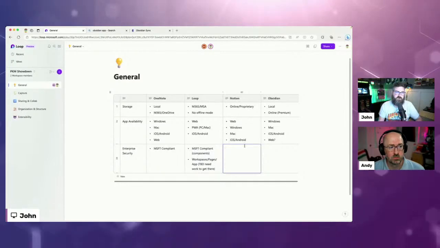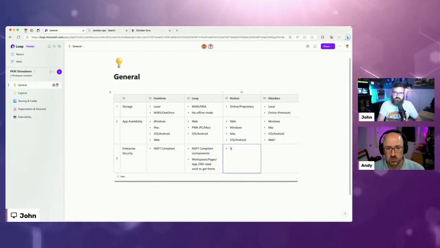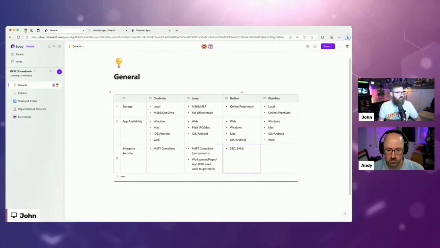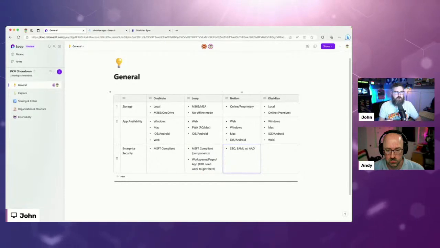Now Notion, as far as its security, I did a little bit of searching around before this and found that while it's not Microsoft specific, like within e-discovery, there are some enterprise type features. There is single sign-on, and it uses SAML. So if you've got an authentication service and you want to do enterprise Notion, there is SAML capability, and that does work with Azure AD.